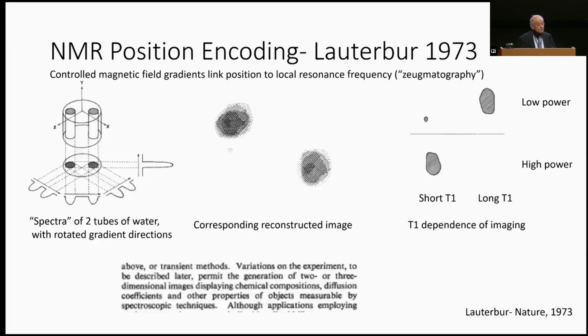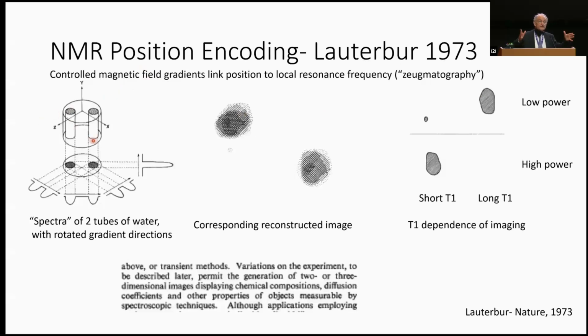And so what Paul came up with was basically to say, instead of doing a spectrum in a conventional spectrometer where we have these extra magnetic fields to try to make things as uniform as possible to keep the lines from being blurred, we're going to take and just do one single line, which is water, which is very boring, one line, but then actually deliberately make the field non-uniform in a controlled way. And so now, depending if we have this little phantom with a couple little tubes of water,